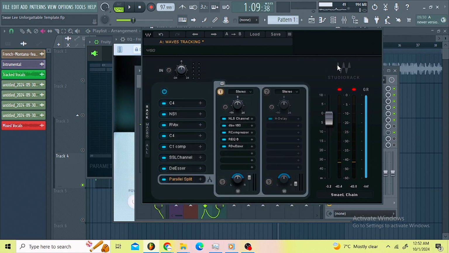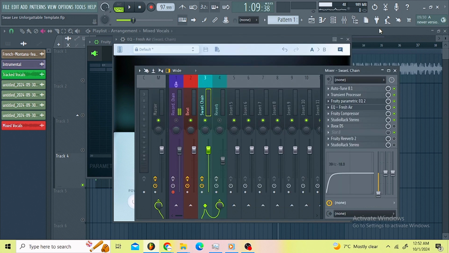I didn't like that frequency. That's why I decided to remove it. If you feel like something is bothering you guys, just reach for a DS or an EQ and just remove that thing. Don't be scared. When you feel like your high end is harsh, put an EQ there. Roll off that high end. Don't be scared.